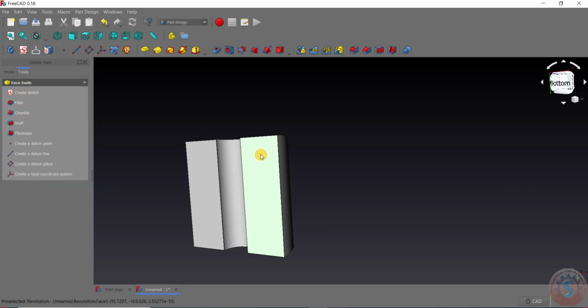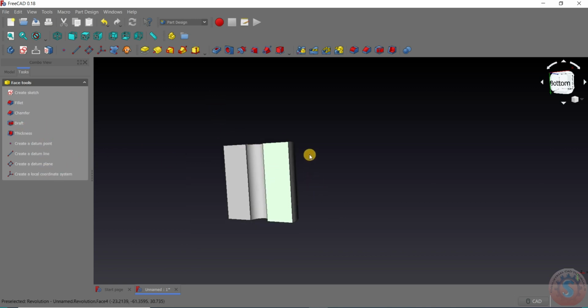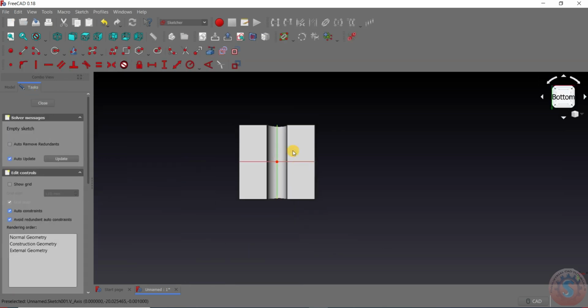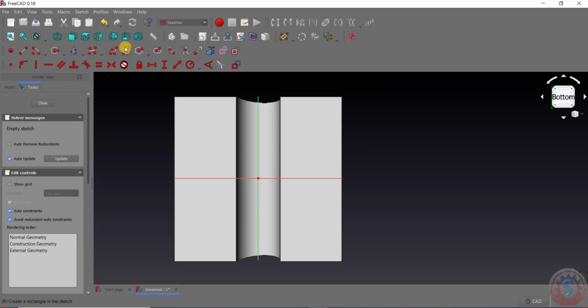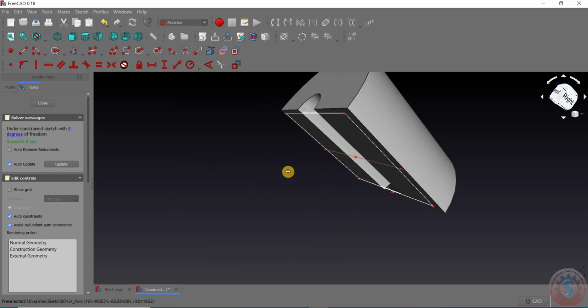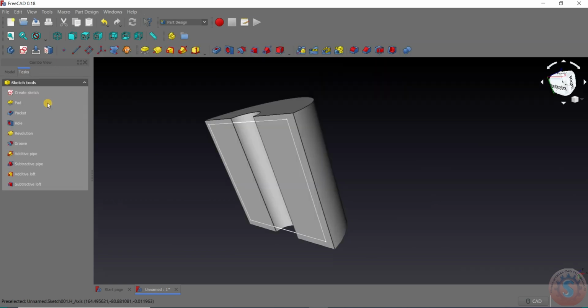You want to give the fillet to this, you can also give fillet, chamfer of this face. For example, I am selecting this face. You can give different options, like I will explain, and go into the create sketch. On the create sketch, the plane that is created is selected, and go into the rectangle object and create a sketch of a rectangle. See, I created one rectangle and go into close.